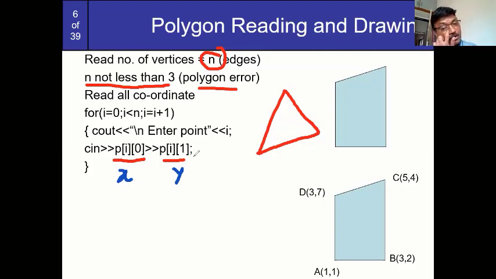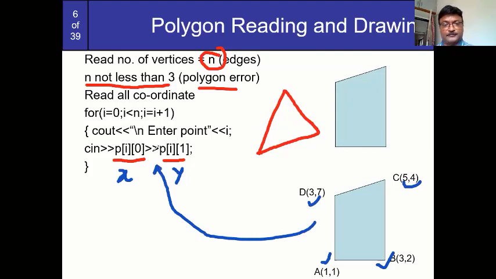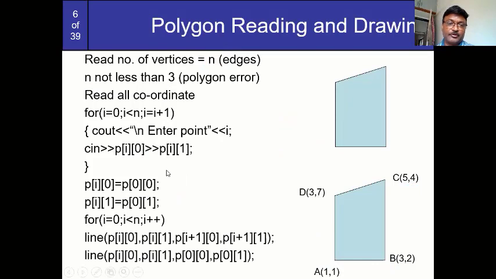What are these? These are all the coordinates of this polygon. This is my A value, B value, C value, and D value. You can store the x and y coordinates directly in the array P. Now, once you read this, you have to use simple line functions to draw this polygon. But before that, you have to store your last point as the first point, because, as I have already told you, the last point and the first point you have to repeat 2 times. Why? Because you are going to draw a closed figure.